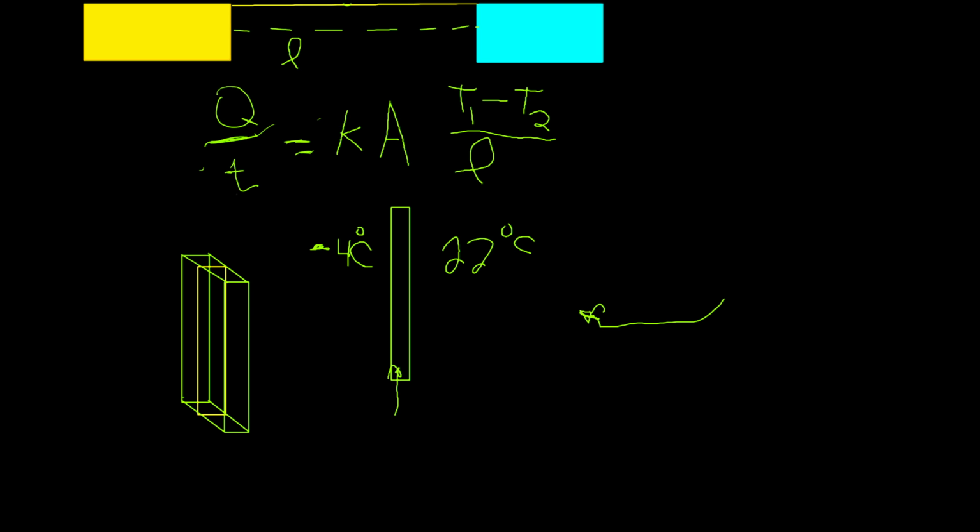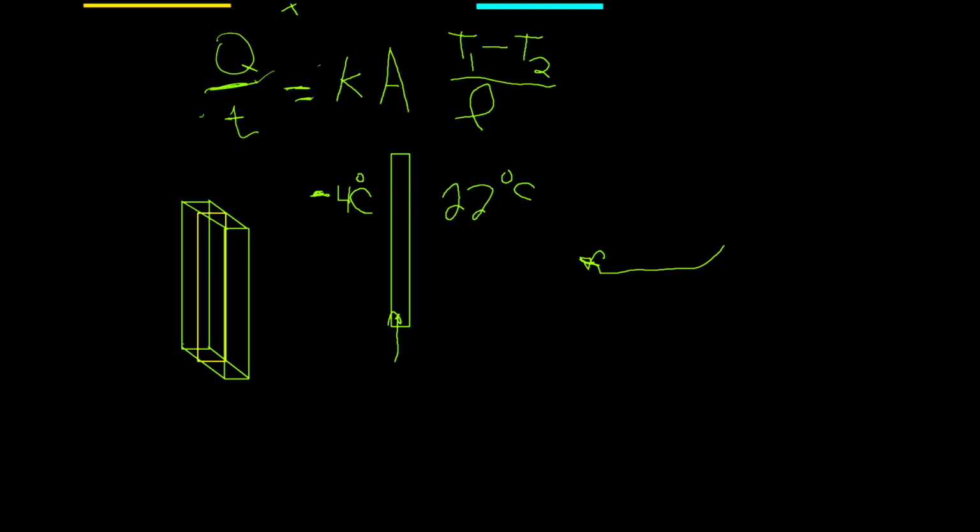Now, think of it this way. If I want to keep the room 22 degrees Celsius, I have to replace the energy at the same rate. So I have to burn fuel equal to that. So if we just have a single pane of glass, then we look at these. Going into the book, my Q per unit time, how much heat I need to keep replacing, and my K constant for glass